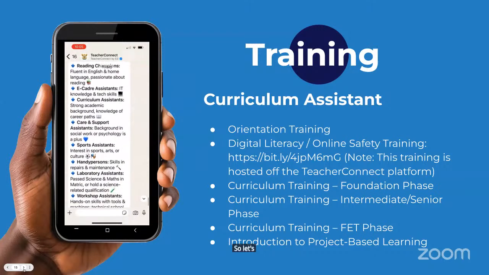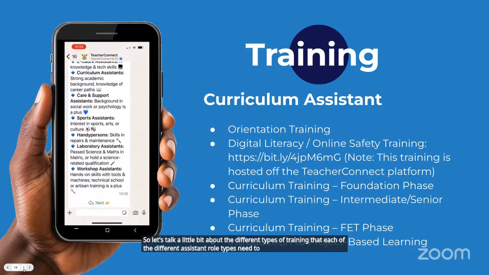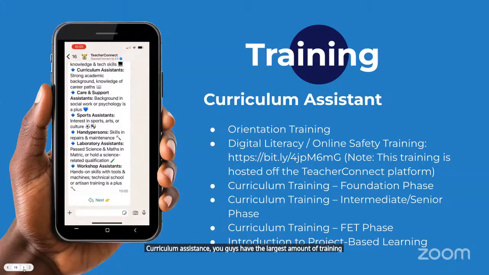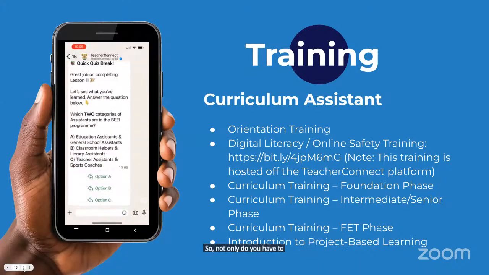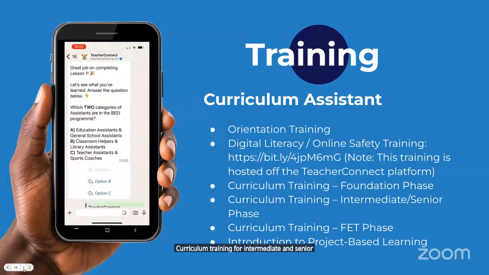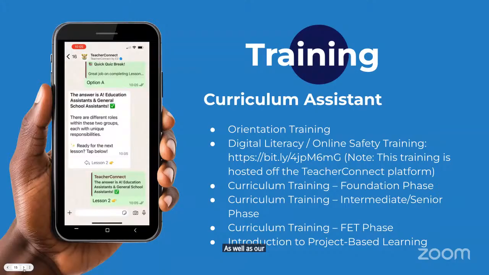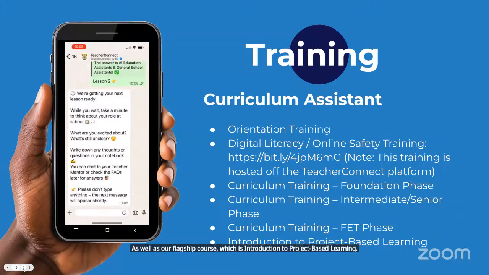So let's talk a little bit about the different types of training that each of the different assistant role types need to complete. Curriculum assistants, you have the largest amount of training on the curriculum. Not only do you have to complete your orientation training, you'll need to do your curriculum training for foundation phase, curriculum training for intermediate and senior phase, as well as curriculum training for FET phase. You need to do all 3 of the curriculum trainings available, as well as our flagship course, which is Introduction to Project-Based Learning. Over and above those 5 pieces of training, there's also the digital literacy and online safety training,